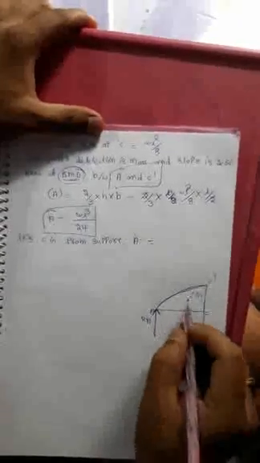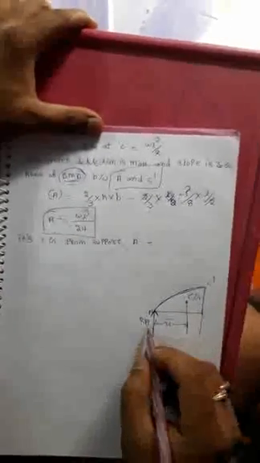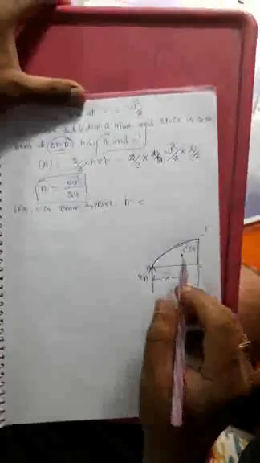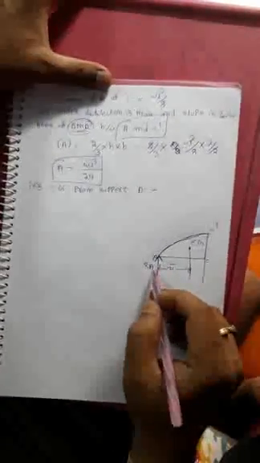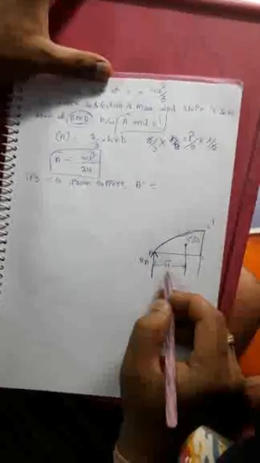So the distance between the center of gravity and support A is nothing but x bar. So x bar equal to